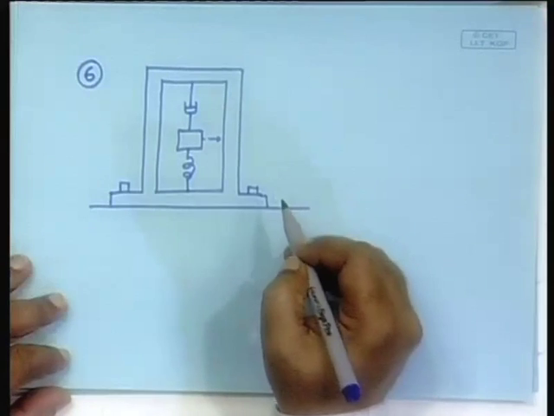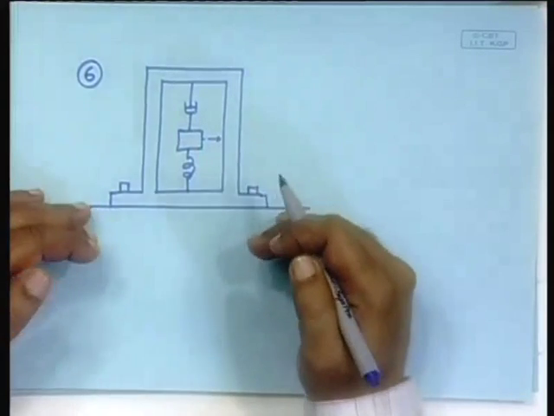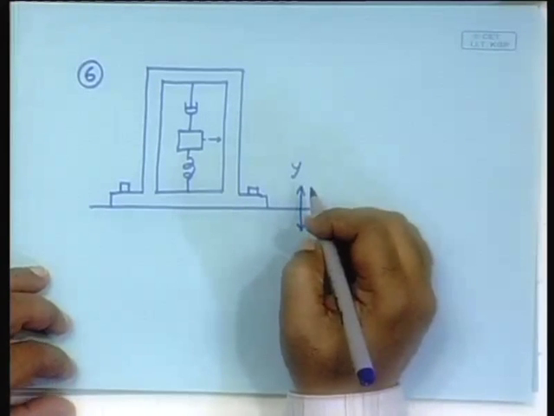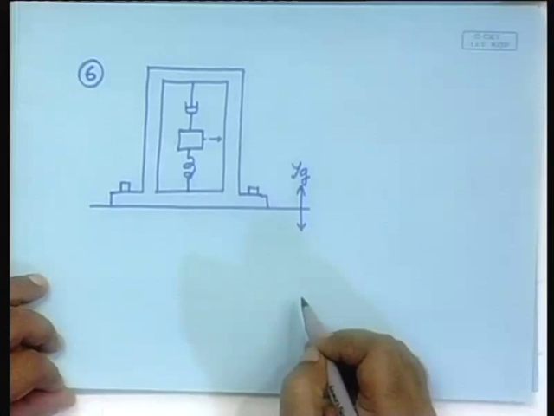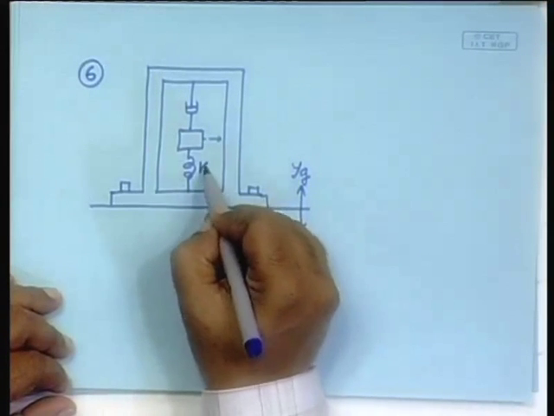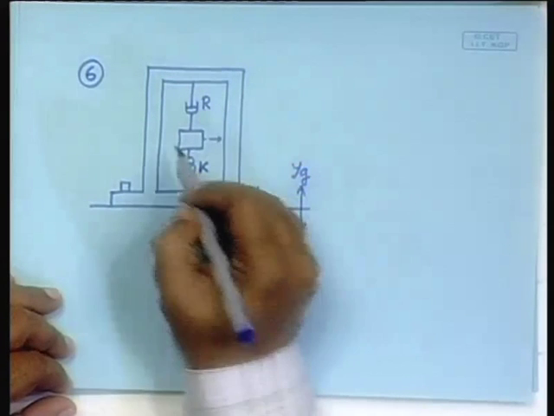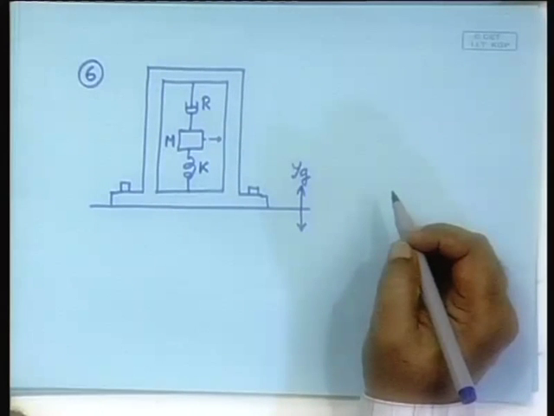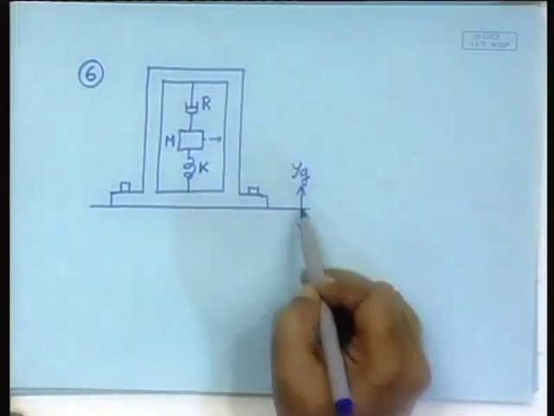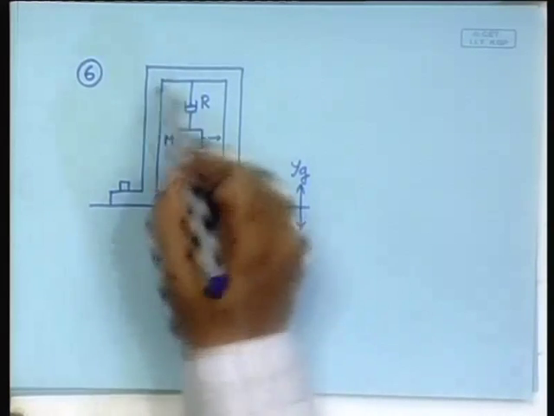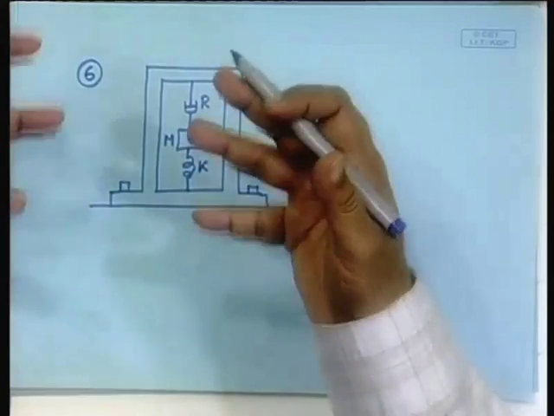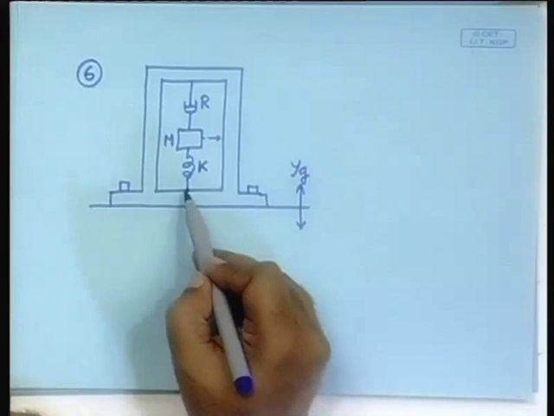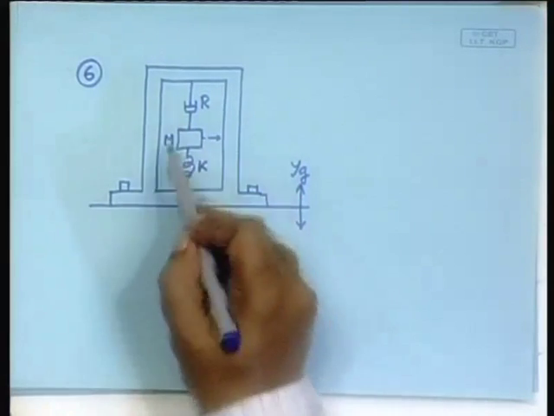Now, here you have the ground motion, ground is in that case not static, there is a ground motion, say in the y direction, and then this is the k and this is the r, and here you have m, and this fellow, well, if you are considering the motion of this one, you do not need to consider the mass of this, because the whole thing is moving up and down. So, you can see that this point is moving with that velocity. So, this point and that point are moving with a velocity, in between you have to modulate.